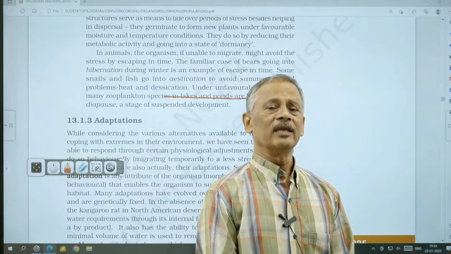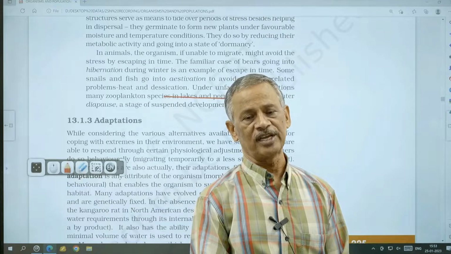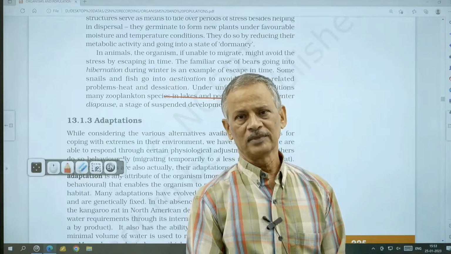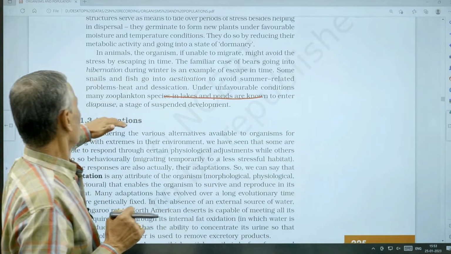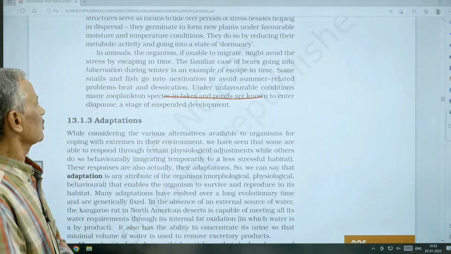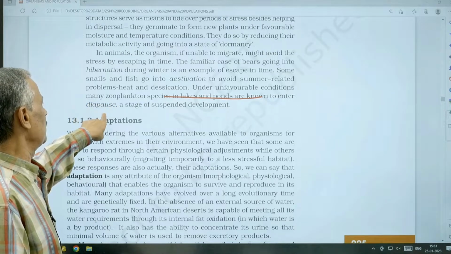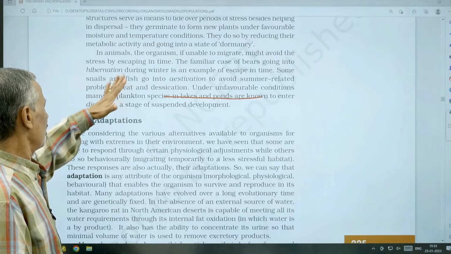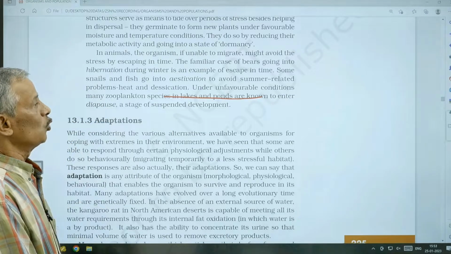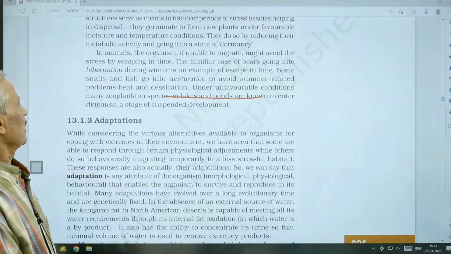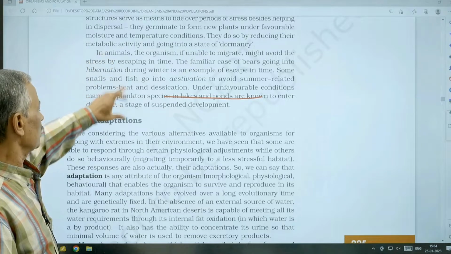Similarly, the larval stages stop metamorphosing into the next larval stage if the conditions are unfavorable, and they remain in the same larval stage till conditions become favorable. That suspension is seen in many zooplanktons. Okay, this is called diapause, pausing in between. That's the meaning. Stopping metamorphic development, in between two stages of the development, a stage of suspended development. Clear? So we are having so many such techniques to tide over.